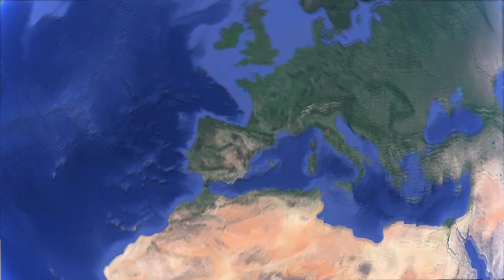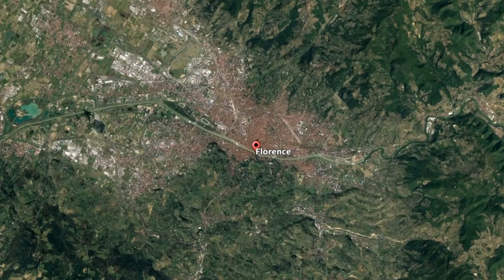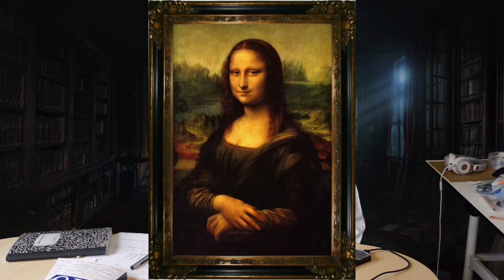And today we're going to be talking about the Mona Lisa. So this story is going to be taking place in Florence, Italy. Now, this painting started in 1505 and ended in 1510. The painting is the Mona Lisa, for those of you who don't know, which is crazy if you don't know,